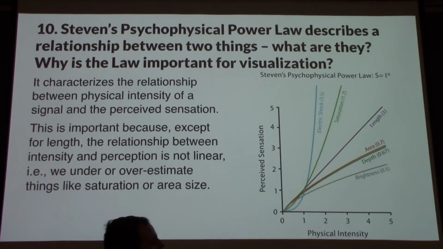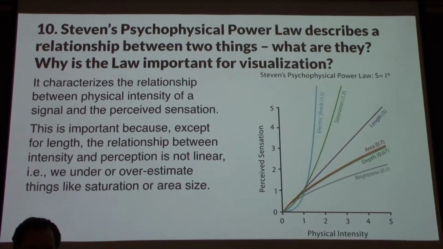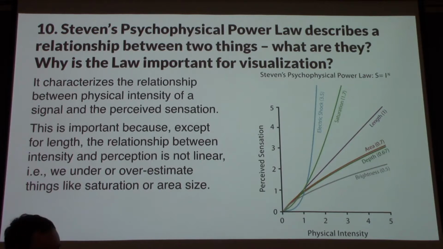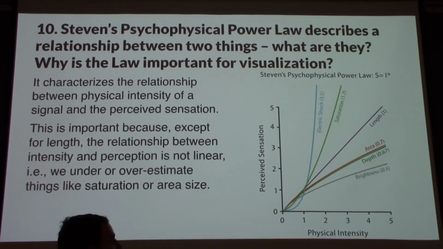The key, of course, is that for length there is a linear relationship between physical intensity and perceived sensation. And there is a weaker relationship for brightness, and I guess if I had mentioned electric shock in the question, people would have gotten it more frequently. Okay,